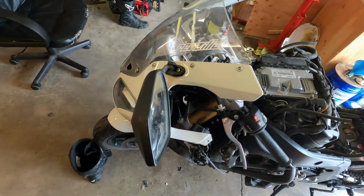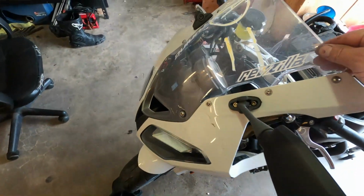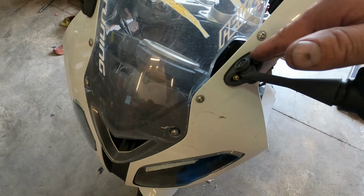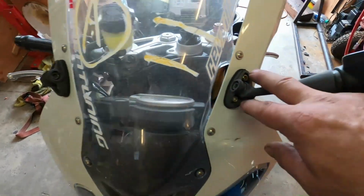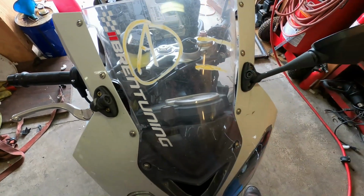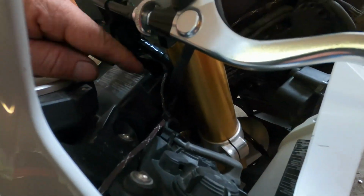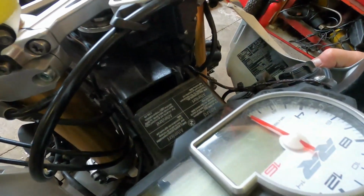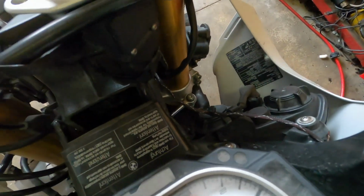Next, we're going to go after this. I'm going to take the windscreen, all these bolts off, and the mirrors right here and right here. So we took the bolts out right here. 1, 2, 3, 4. Now slide this off,